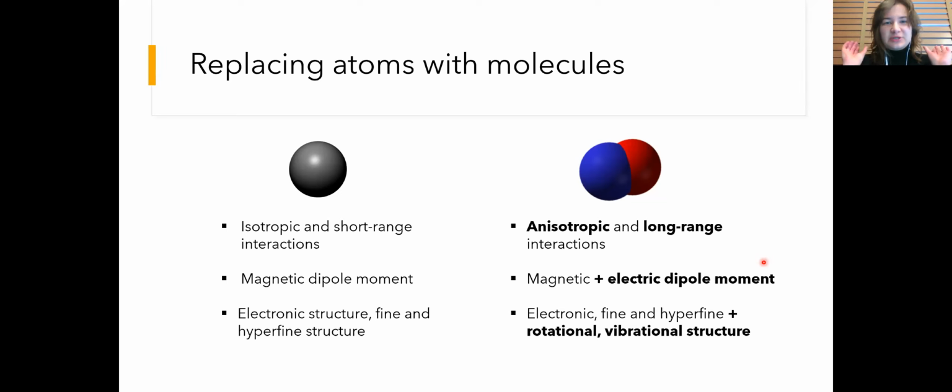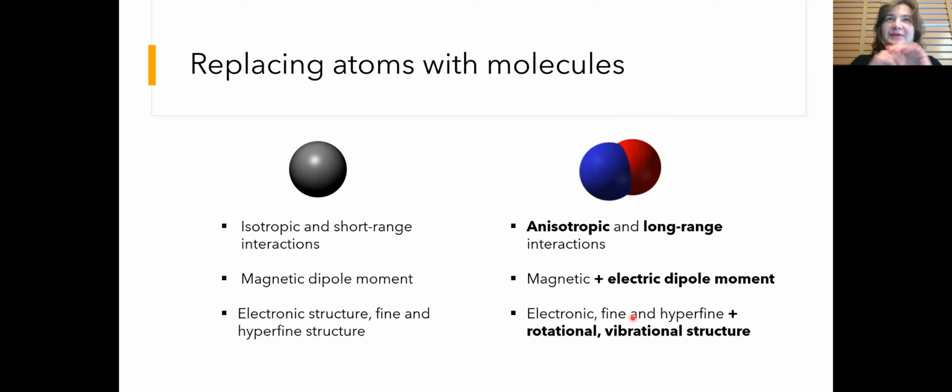The most important thing that we need to take into account is that they have very different interactions. Between atoms, the interactions are mostly isotropic and short range, while with molecules, you have to take into account the structure and the orientation. So they are anisotropic, and they are also long range. Apart from the magnetic dipole moment, they may also have an electric dipole moment if they are polar, and they have much more complex internal structure, including rotational and